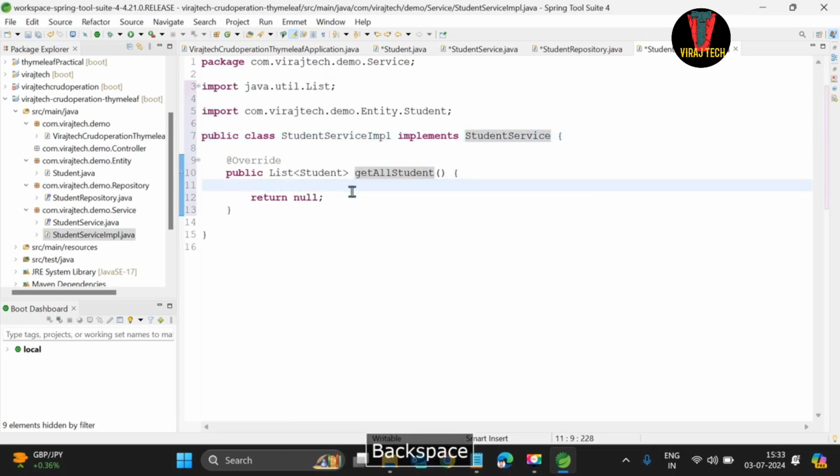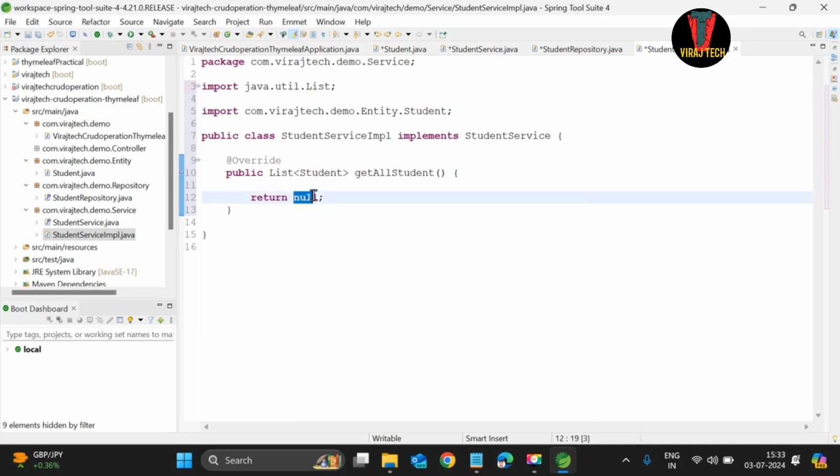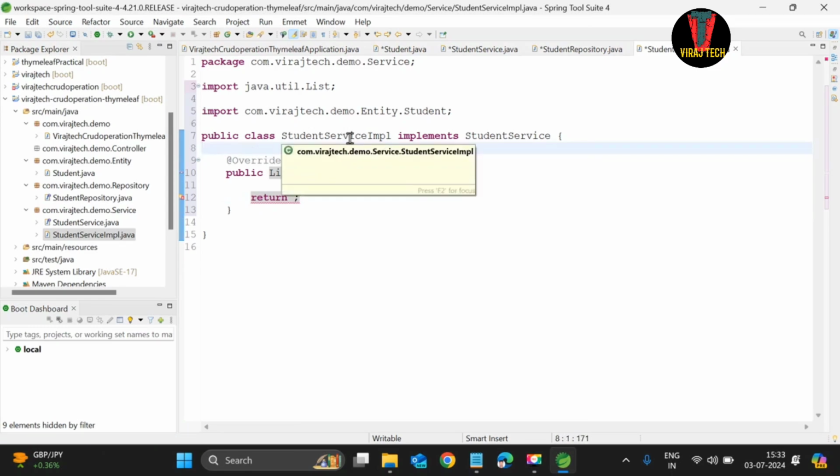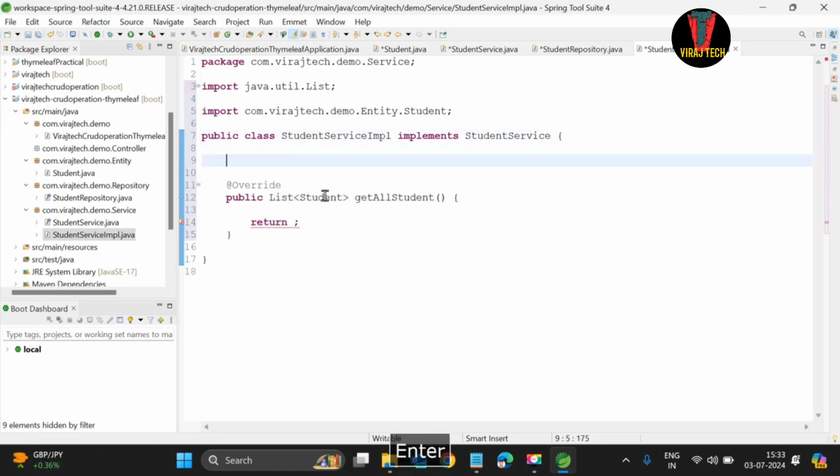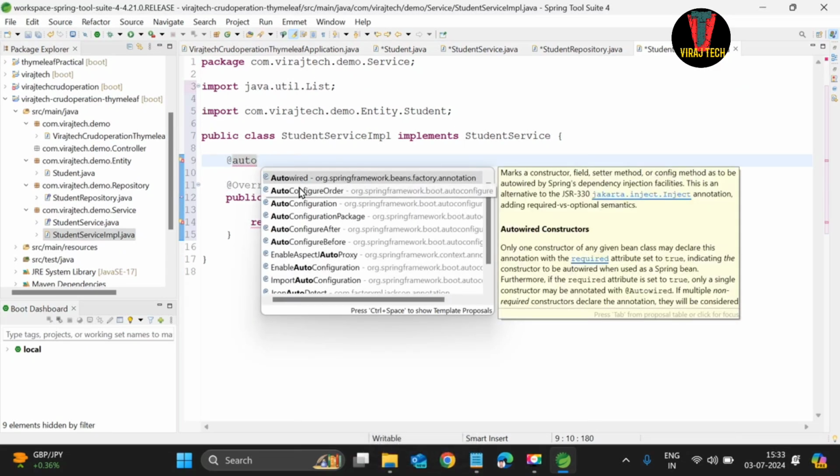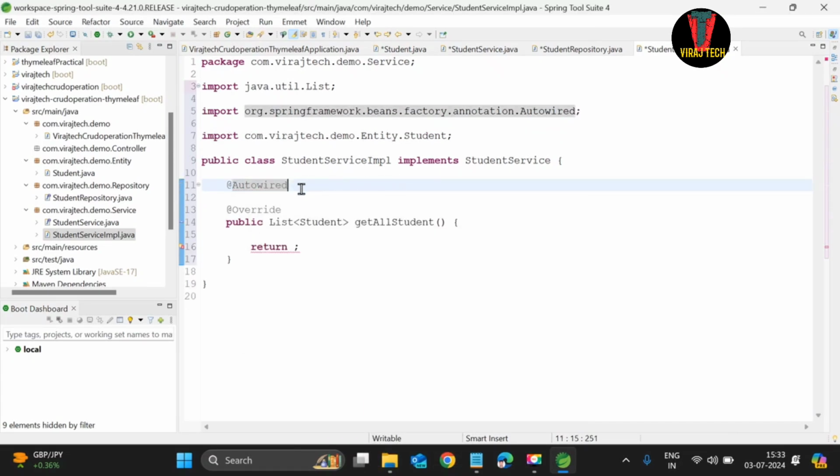Delete this comment, and here we will return. Before that we will have to use the annotation @Autowired, Control Space, Enter. We will import this Spring framework beans factory annotation. Double click, it will import it,